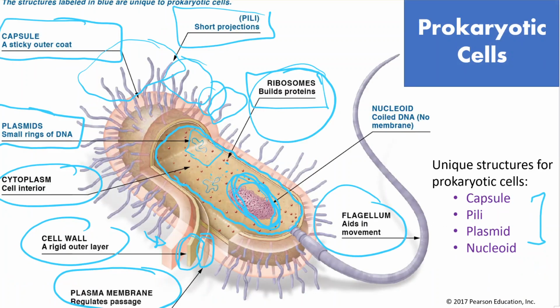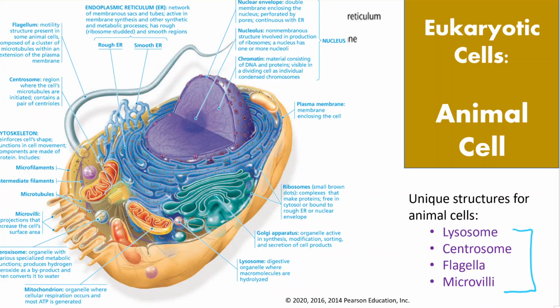So again, we have your prokaryote cells, which are going to be your first cells on Earth, and bacteria and archaea are going to have these types of cells. All the rest of life on Earth will have eukaryotic cells. And for purposes of this class, we're going to talk about two key types of eukaryotic cells, the animal cells and the plant cells. So animal cells may contain flagellum, for instance,